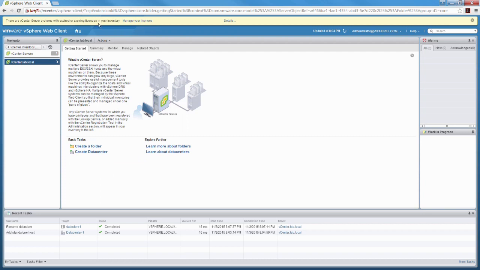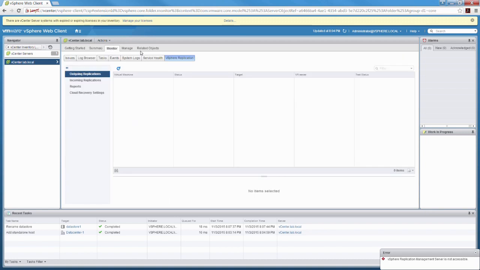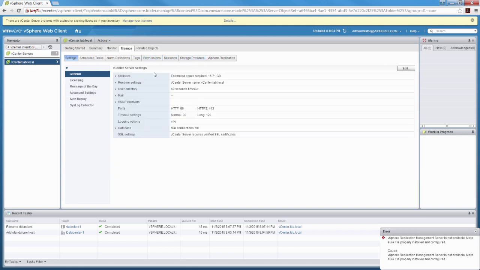Let's just cover the settings for our vCenter server. Some basic summary info on this. Monitoring, if we had replication going on, which we'll cover in our replication course. This is where you'll monitor those. So we'll get back to that though. The main thing I wanted to show you guys was the managed settings for some of the config in here. Okay, bear in mind we have a separate course, the monitoring course, that would cover all of this in detail. But for now,